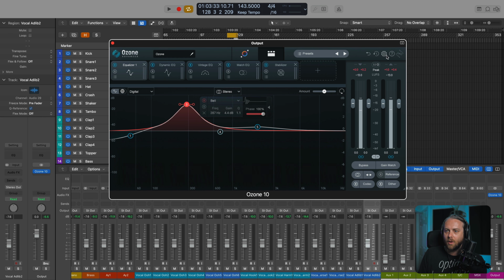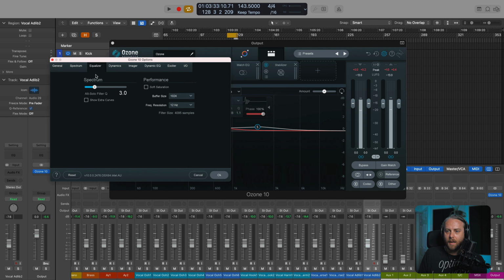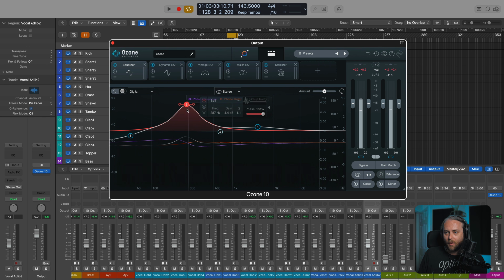When I go to this gear wheel, go to the equalizer, I can show these extra curves, which give me insight into what's happening with phase. So as I get rid of this little heads-up display for a moment, we see in purple, phase response, phase delay, and I'll turn this on, group delay over here.